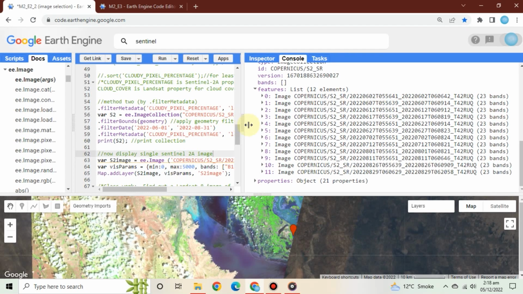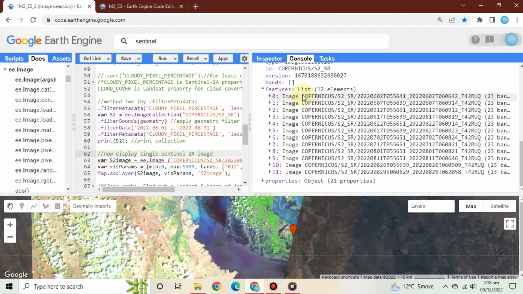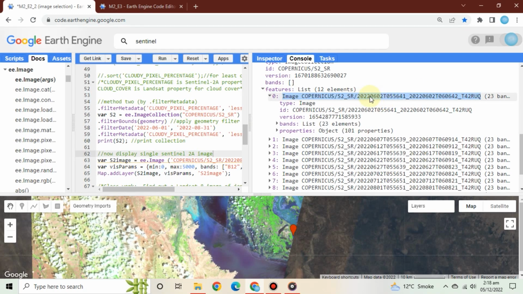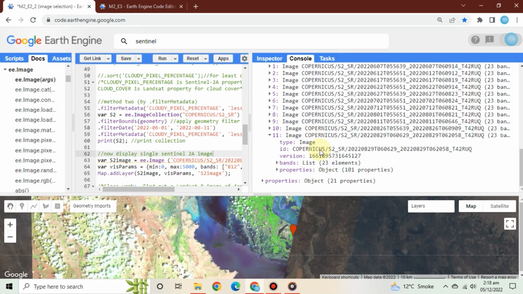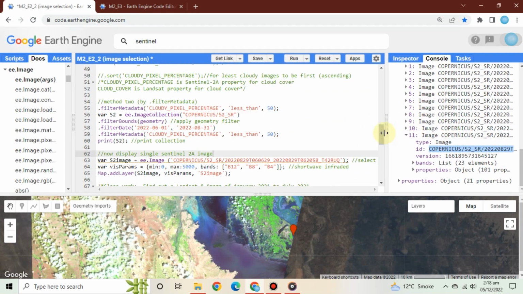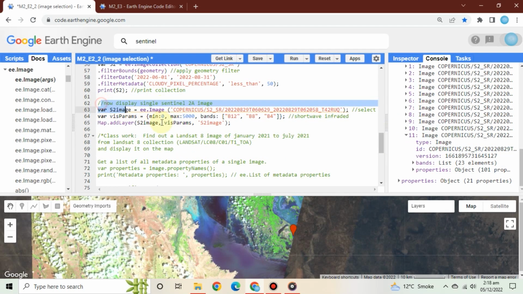Now, let's select a specific image and display it on the map. Sentinel collection has the acquired date of each image in its ID here, which is the date on which each image was taken. Let's select the most recent one. This last one, copy its ID to display a single image from a collection. We will use